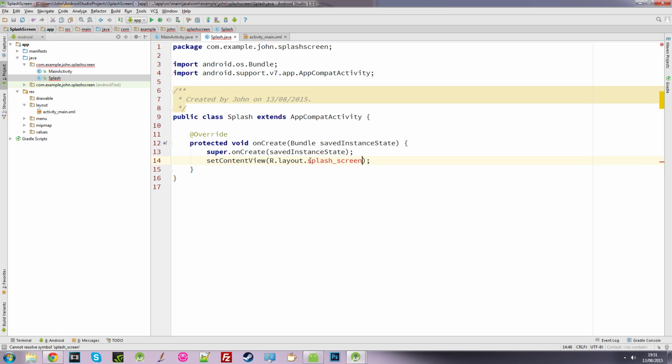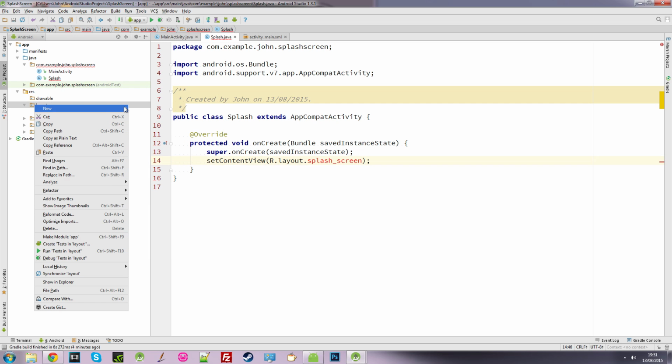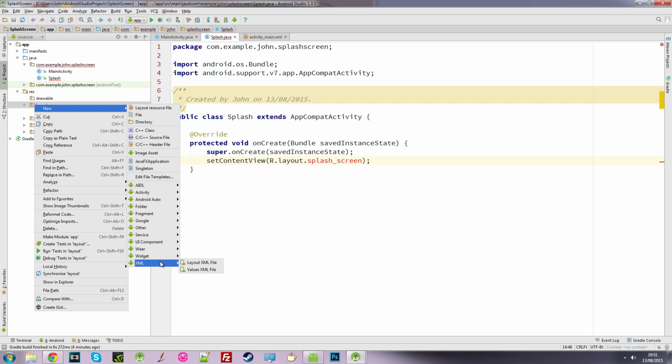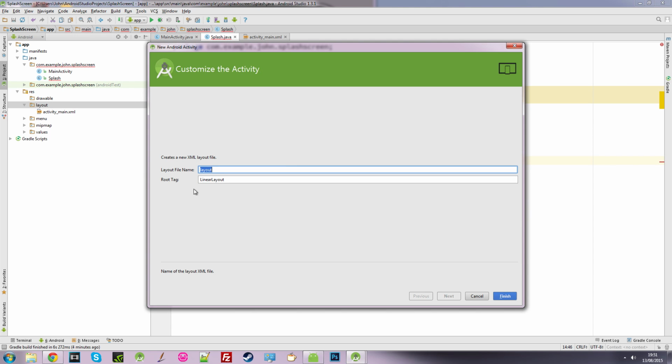Call it whatever you want. It's obviously red here, and it's saying it can't resolve splash screen because it doesn't exist. So we're going to create a layout called splash screen. So we go to our layout, we right click, new XML layout file, and it automatically calls the name layout, but we want to call it splash screen,